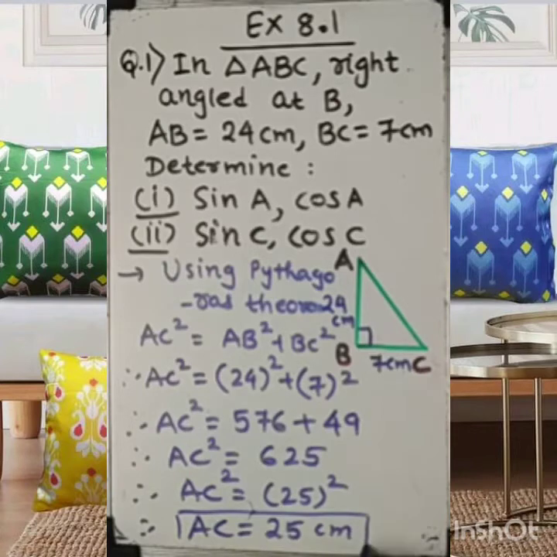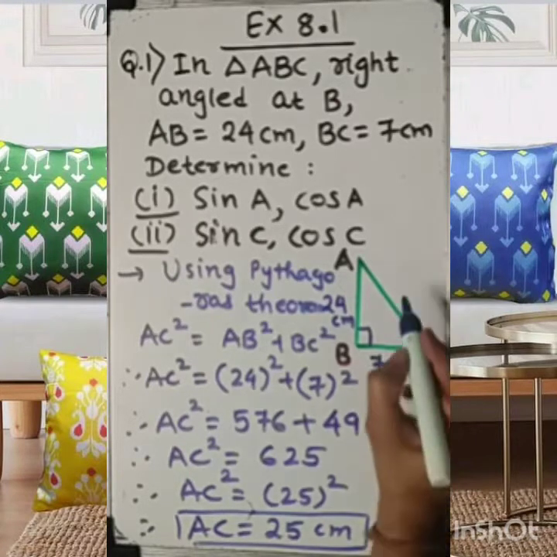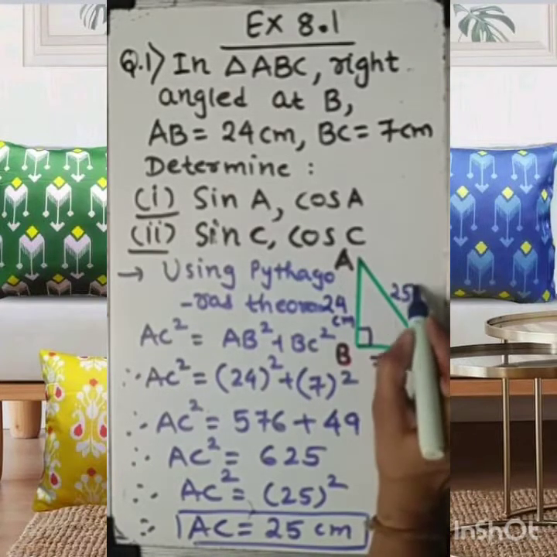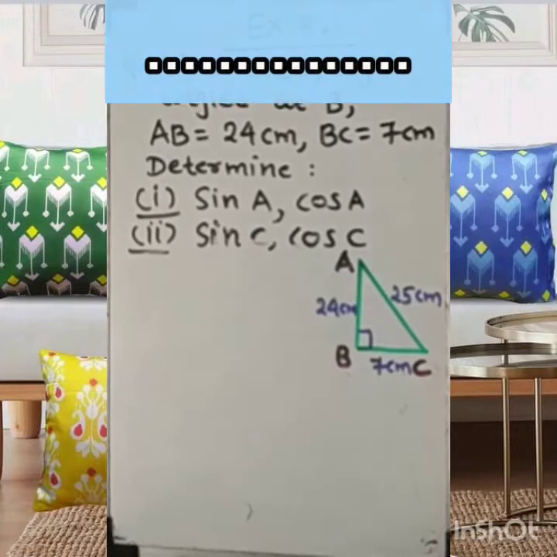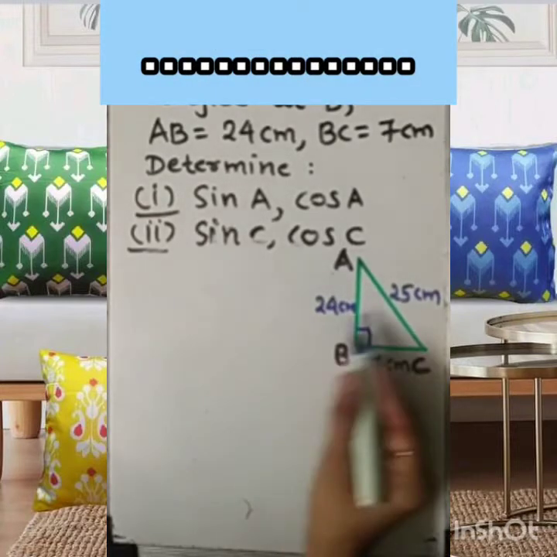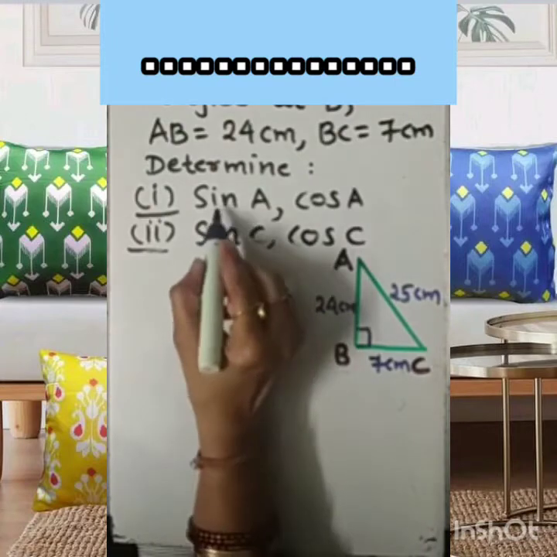So the first thing we have to do is to find the value of the unknown sides by using Pythagoras theorem. Got it? Till here it's okay. So 3 sides we got. Now very simple, my dear student.